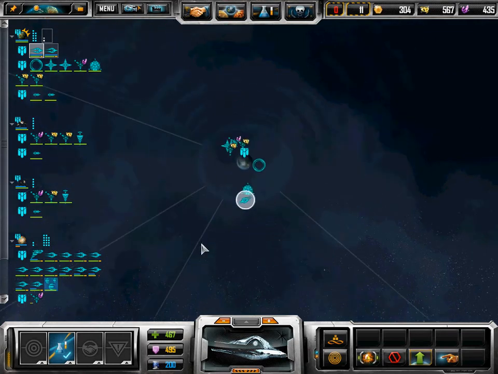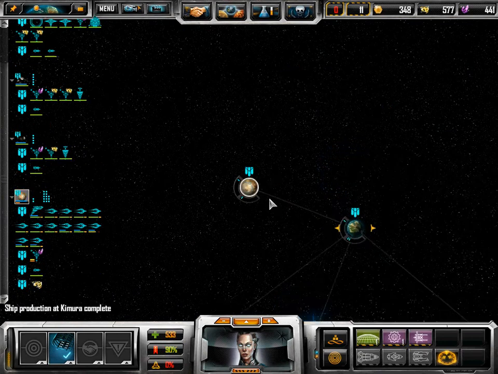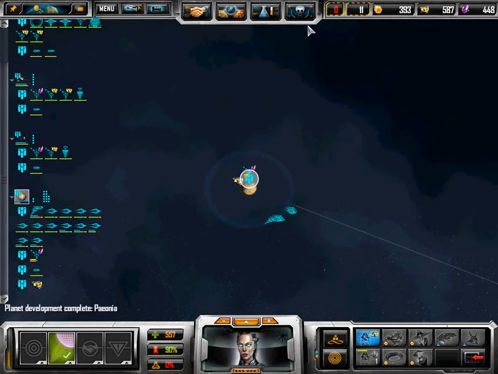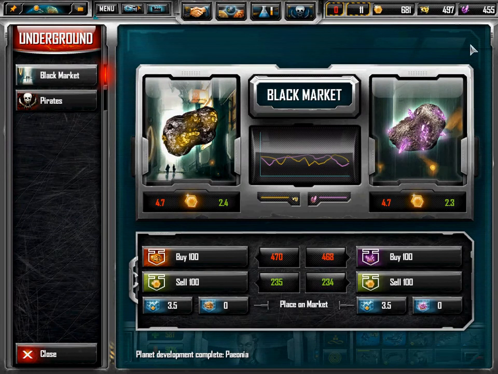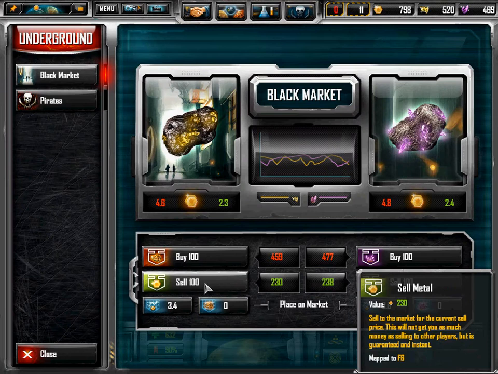Once we get the technology, though, I guess, really, right? I'll go ahead and build the Temple of Harmony here once I get the credits. Actually, sell some of this. I'm going to try to hang on to my crystal. Crystal is really important. Well, both of them are really important, but crystal, you can't build it up as much as metal. Metal's more abundant, but